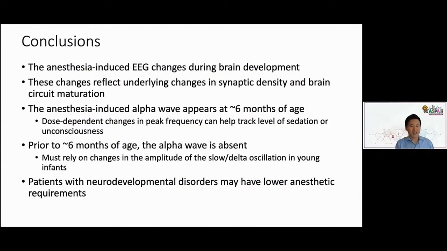I guess the point is that the anesthesia-induced alpha waves start to appear maybe around 4 to 6 months of age. And when they appear, you can use that alpha wave to help you titrate the anesthetic. Definitely, you can use the slow wave to help you titrate. And for the very young kids, less than 6 months of age, that alpha wave is not going to be present. So the slow oscillation is going to be your main indicator